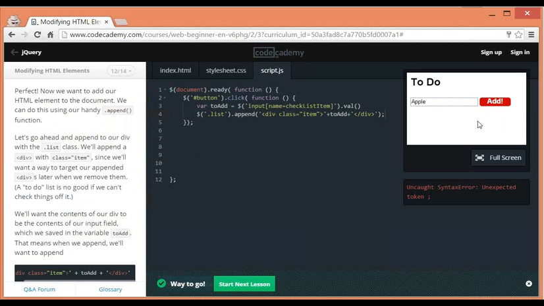It calls that function on this item. So this will refer to the single item that we click on, even though I know it's a little confusing, but that's how we